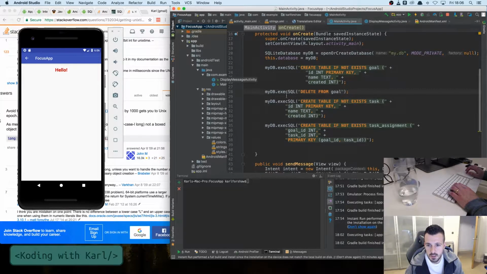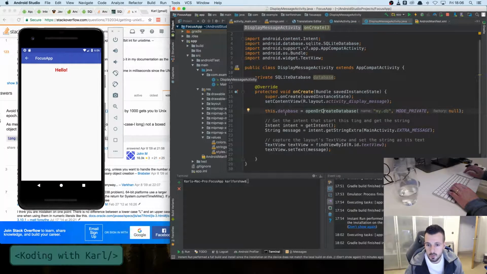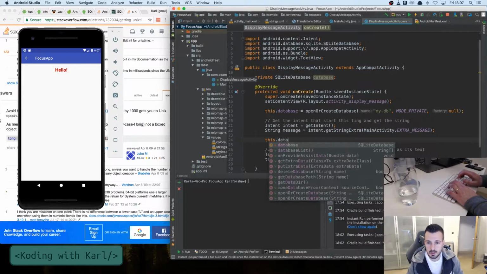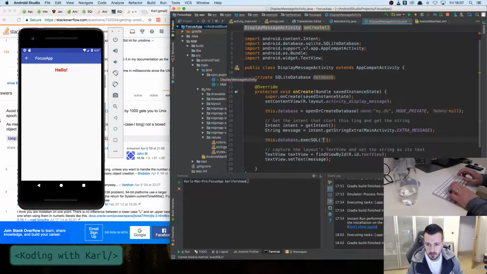That should just clear that table out every single time we start the app. So we're going to do this.database.exec SQL select